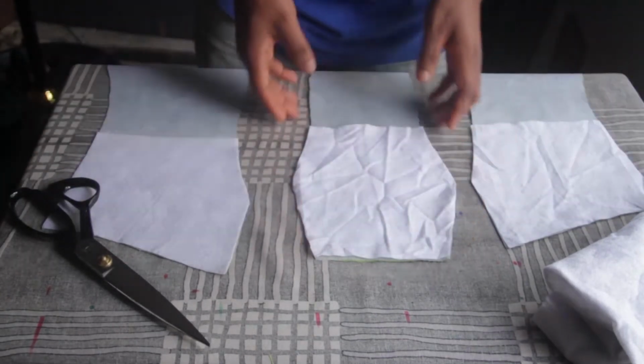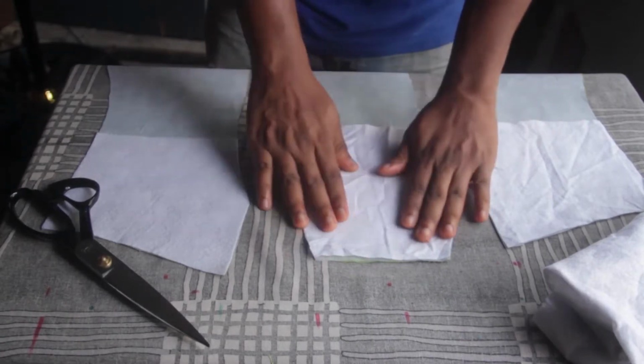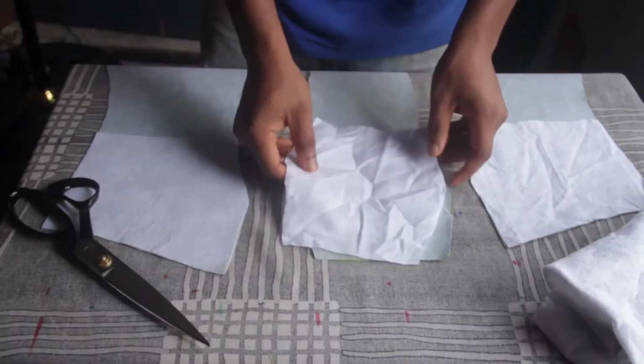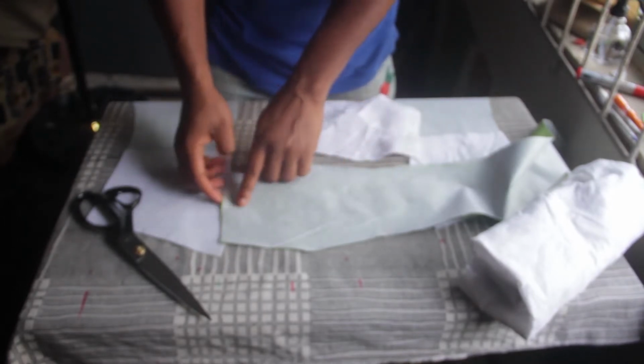So here you see we have the three sides of the front. The center piece, and these are the side pieces. What I'm going to do is join them together, but before I join them, you're going to iron it on. Now this is fusible fleece interfacing, so we're binding it to the center piece. When you want to cut the